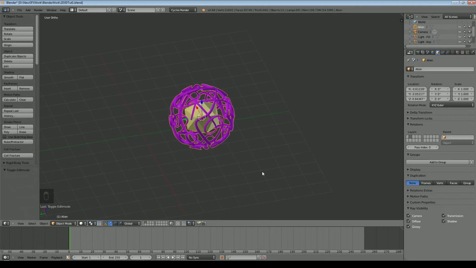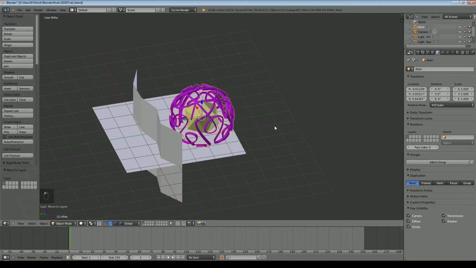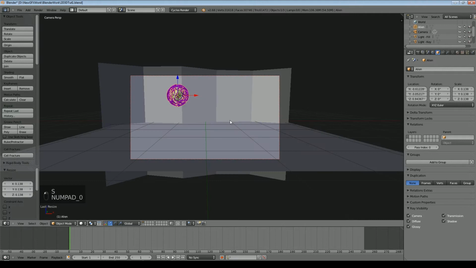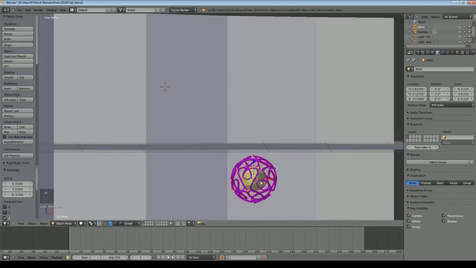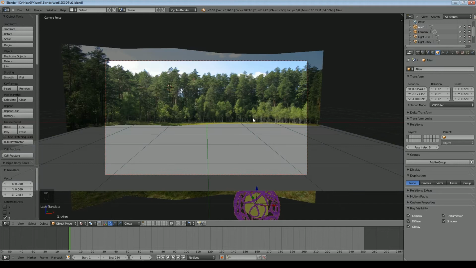So I'll now move that to my primary layer. Doesn't necessarily need to be, but it makes things easier, but it also makes it quicker and easier when I'm setting scale and so on. So we'll have a scale somewhere around there, and at the beginning of the scene we'll have that set to just below the surface, about there. Back to my camera view, we'll go to material view so we can see what's going on. We'll save this and we'll record the location of the object. I'll just apply the scale as well.